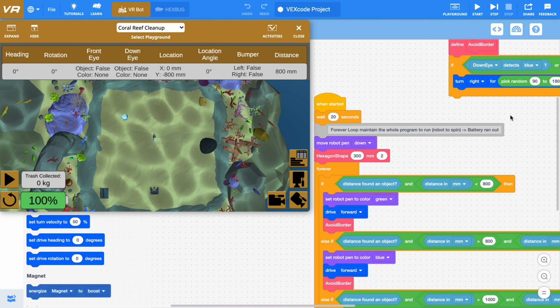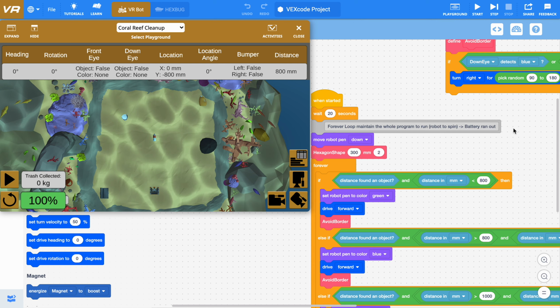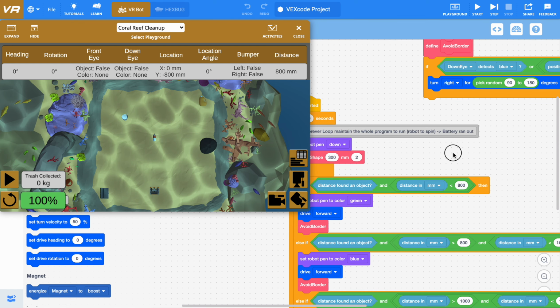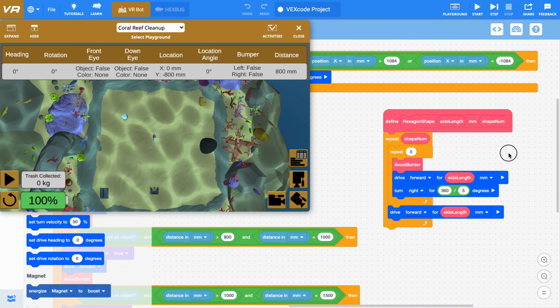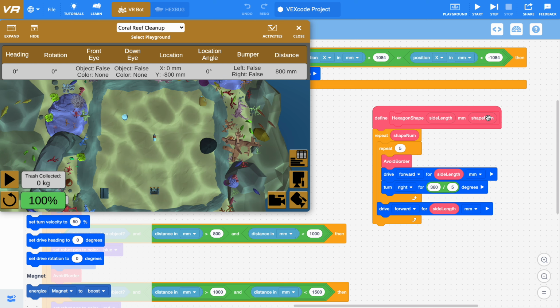The program started off by waiting for 20 seconds so that more trash could spawn and my robot could collect more trash as a result. So after waiting, my robot would execute the function for hexagon shape with 2 parameters, which are 300mm and 2, which stand for the length of each side and the number of hexagon shapes